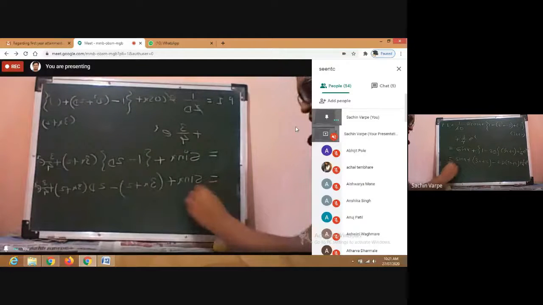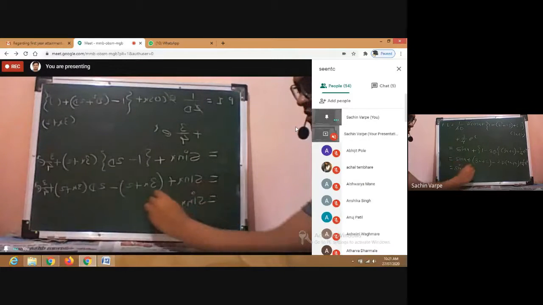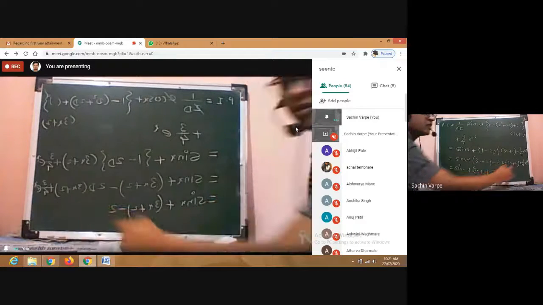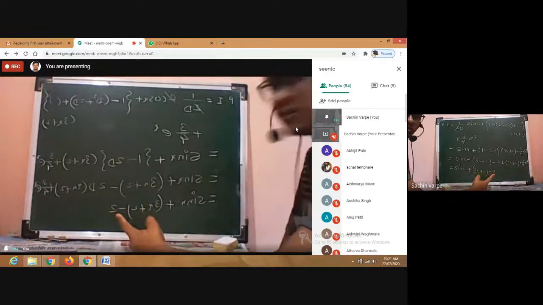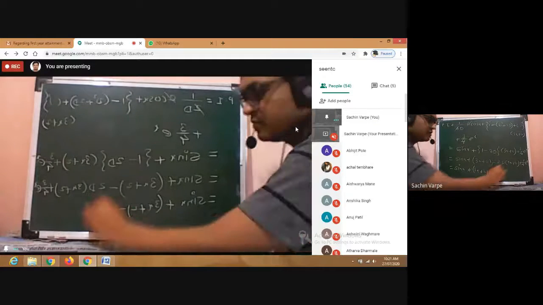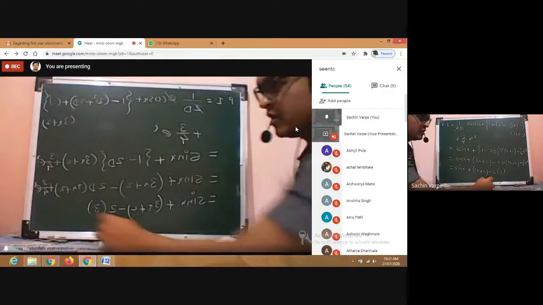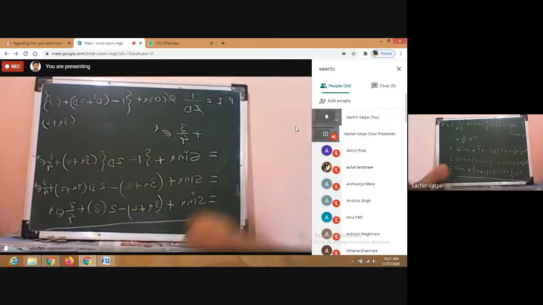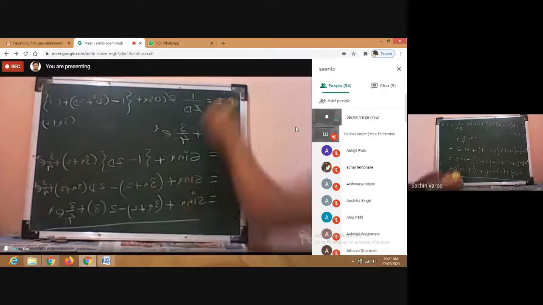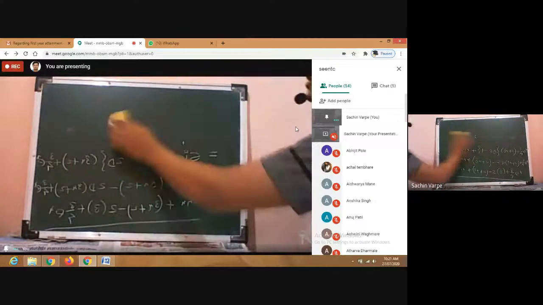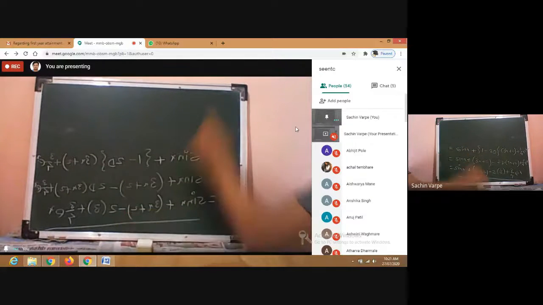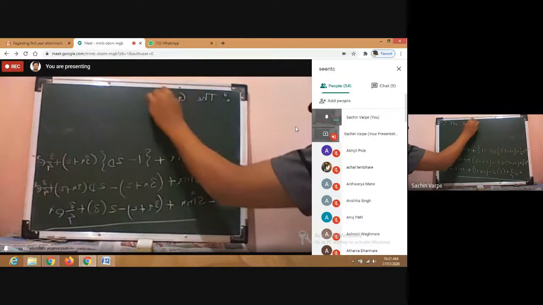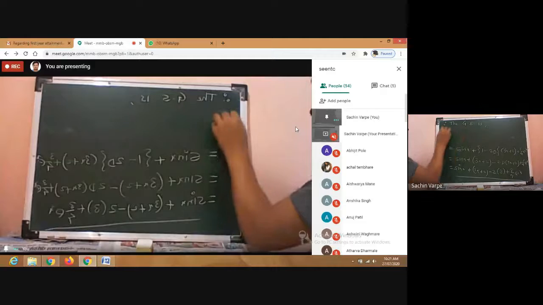Now sin x plus 3x plus 2 minus 2 into d of 3x plus 2, that means derivative of 3x plus 2. What is that? Derivative of 3x plus 2 is 3, isn't it? And plus 3 by 4 e raised to x, and that is your final answer, the particular integral. Therefore the complete general solution is y equal to CF plus PI.